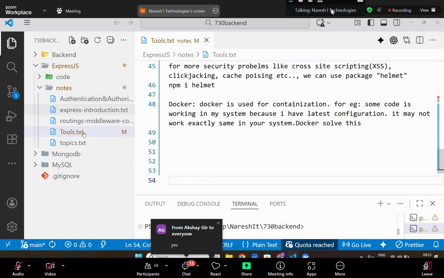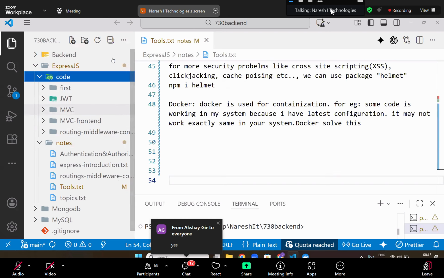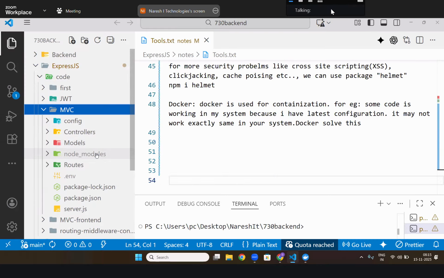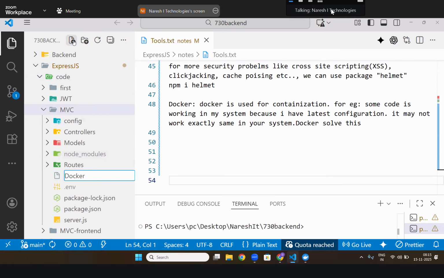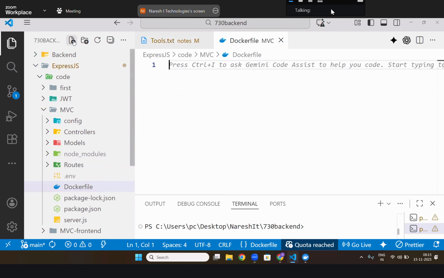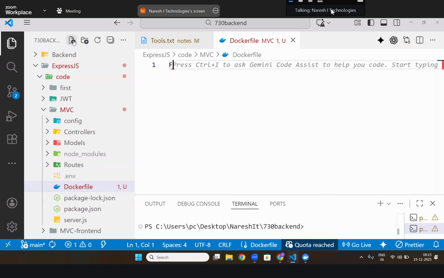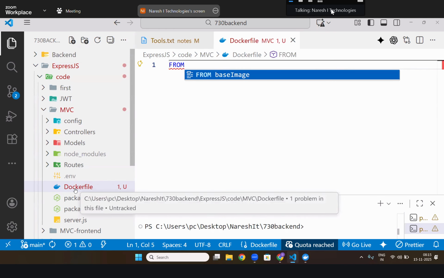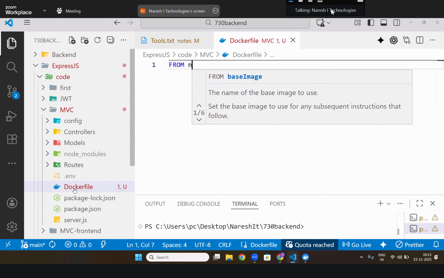All you have to do is, for example, this MVC file I want to run. Normally, if you want to run this, you need node modules, na? But with this, you can write something called a Dockerfile. If you write a Dockerfile, all you have to do is give some commands. For example, FROM. It won't have any extension. These should be capital: Dockerfile. FROM, where you get the code. I'm getting the code from Node.js,